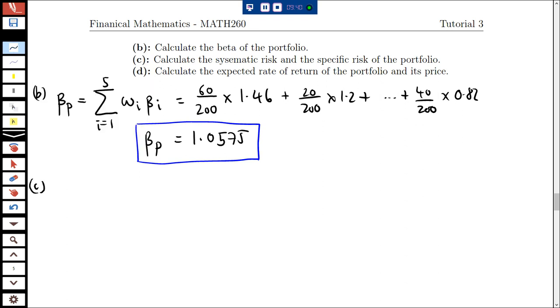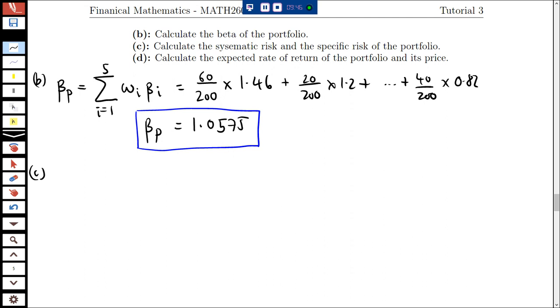Okay, how about part C? Calculate the systematic risk and specific risks of the portfolio. So systematic and unsystematic risks. Standard equations. Systematic risk is the beta value squared times the market portfolio variance,